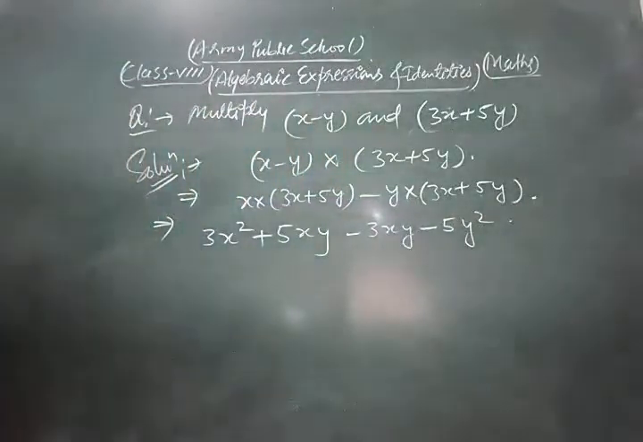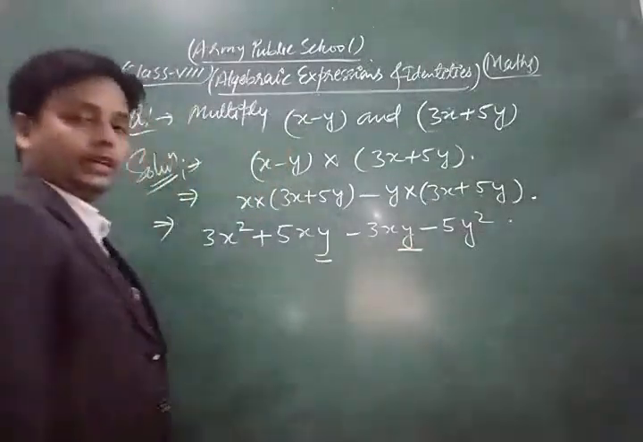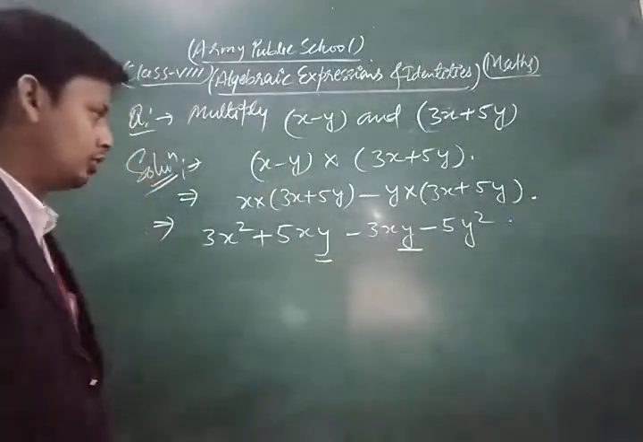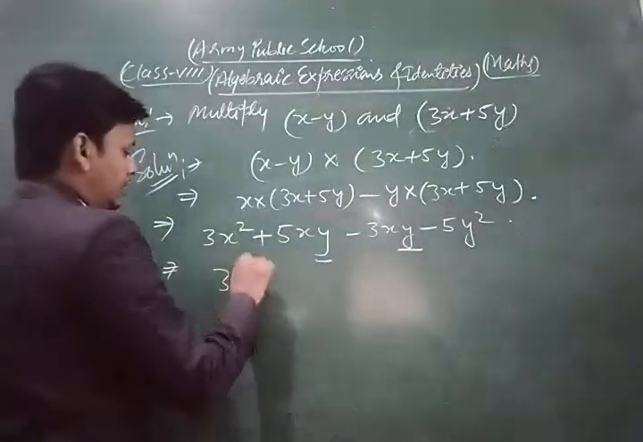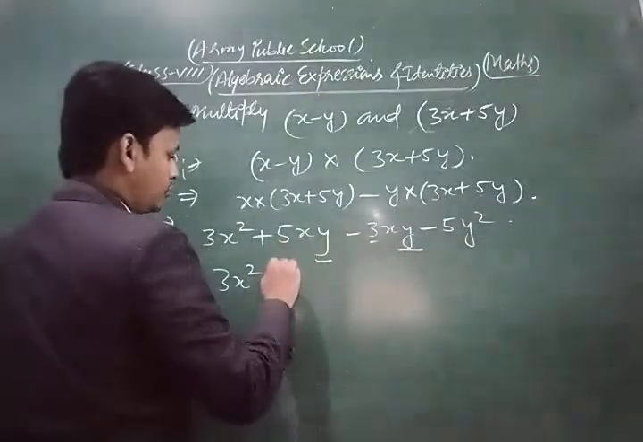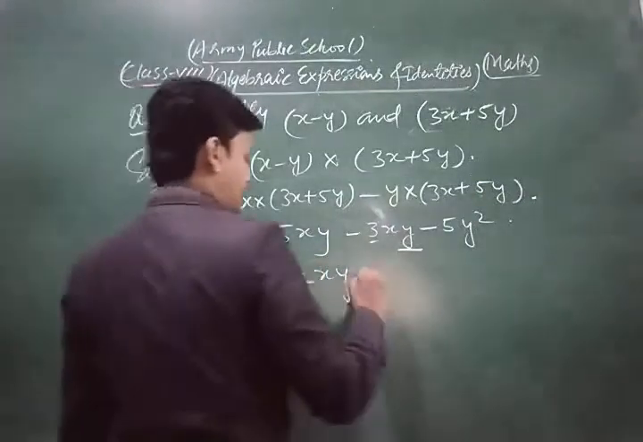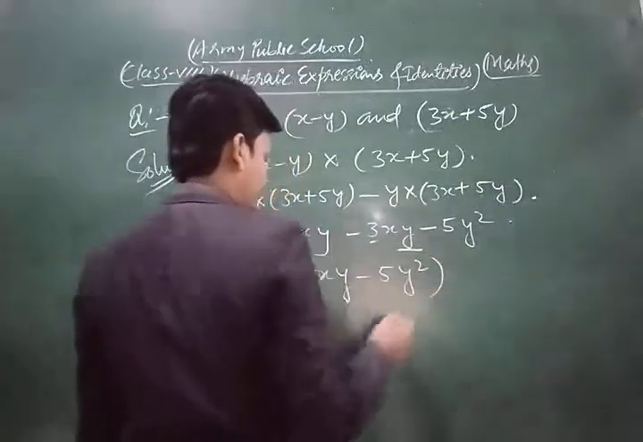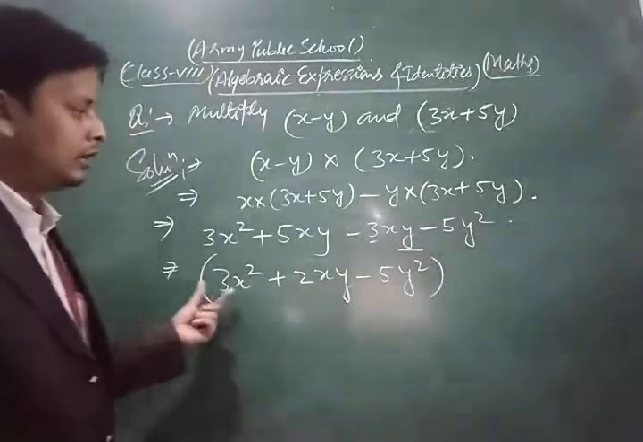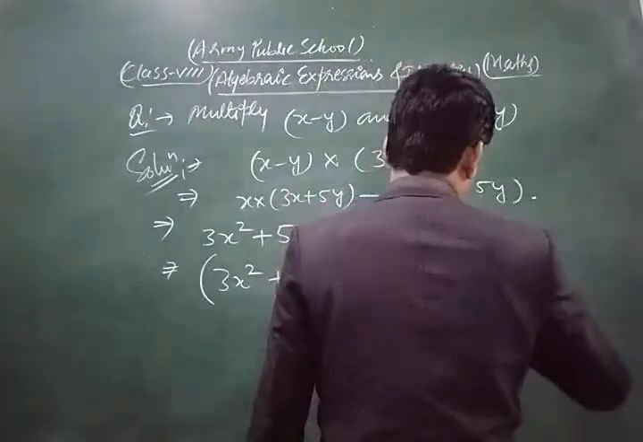Now look here, dear friend, the xy terms are like terms, so we can subtract or add. So we have 3x square, plus 5xy, minus 3xy, so we have plus 2xy, and minus 5y square as it is. So 3x square plus 2xy minus 5y square,